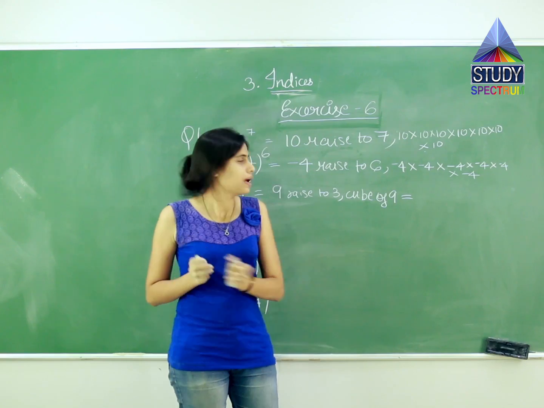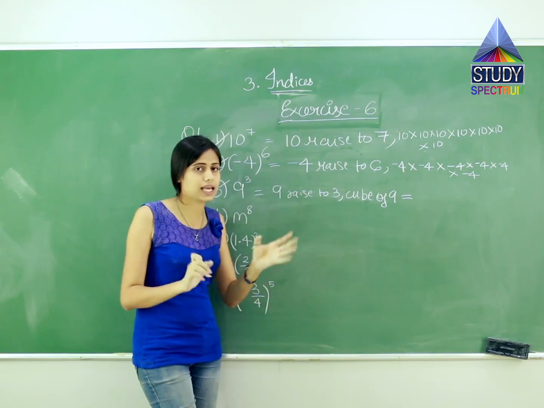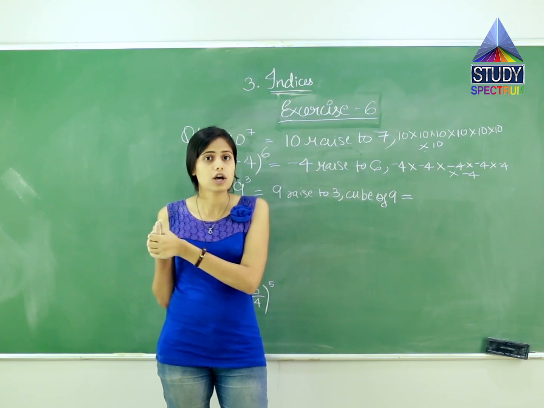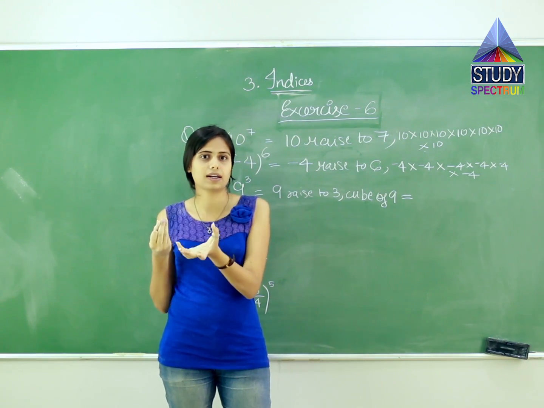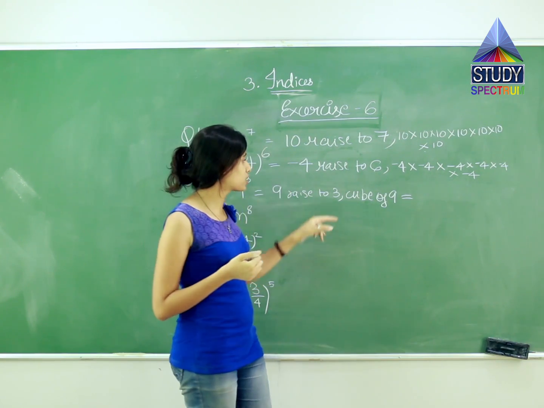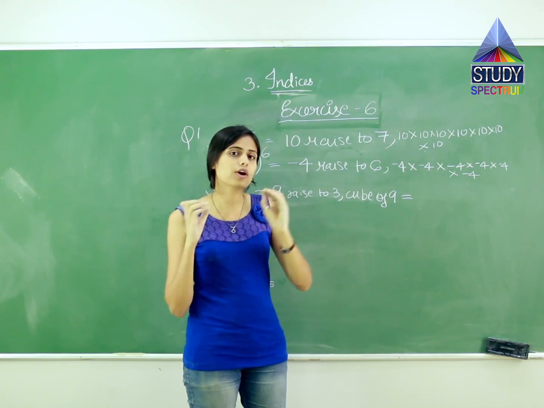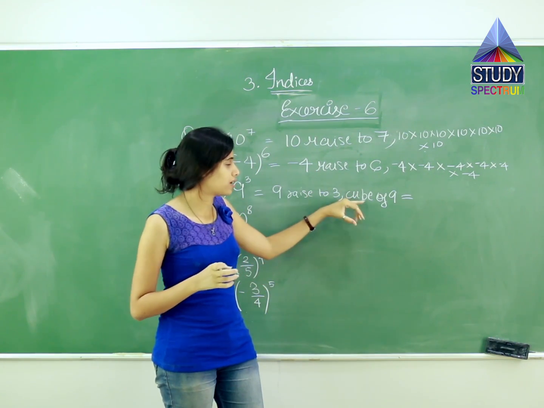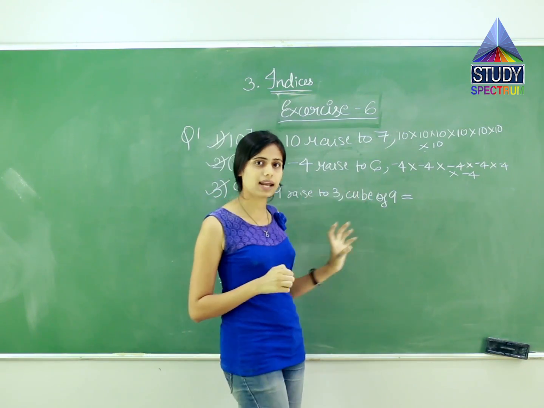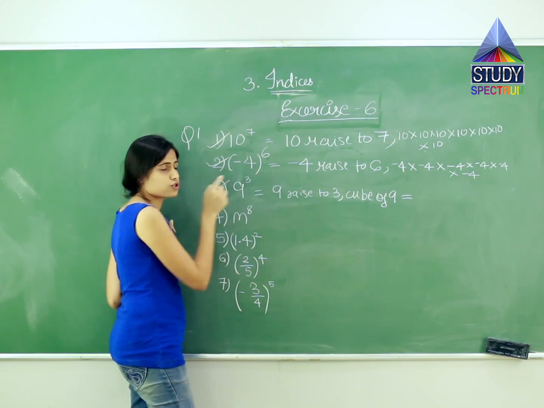Only and only 3. Over here in all we are writing raised to, but see, if I say a person has some specific characteristics, it is better to write that characteristic instead of writing what all the numbers have. So 3 has what special characteristics? It is also called cube. So what you will write? Try to focus to write this characteristic, which is cube. So we will write cube of 9, that is 9 raised to 3.